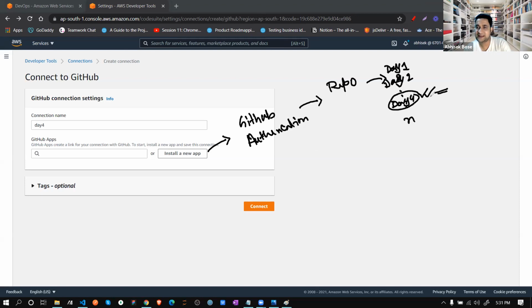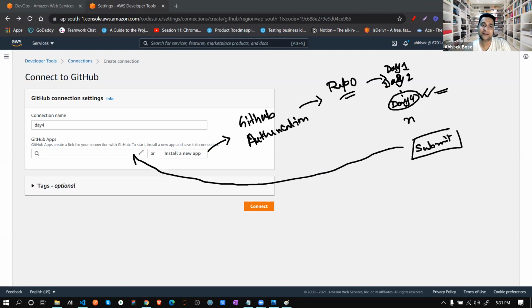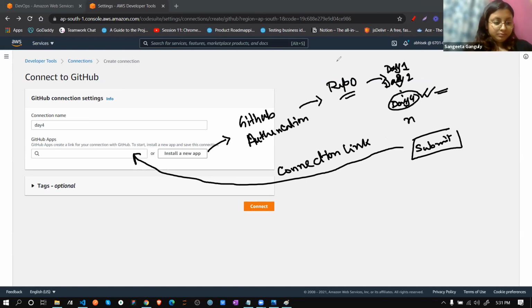Once I choose this repo and this branch, it will ask me to click on submit. Once I submit it, one connection link is created.